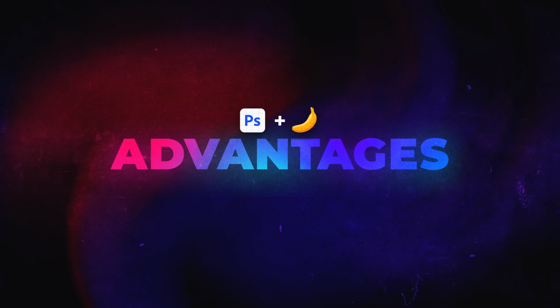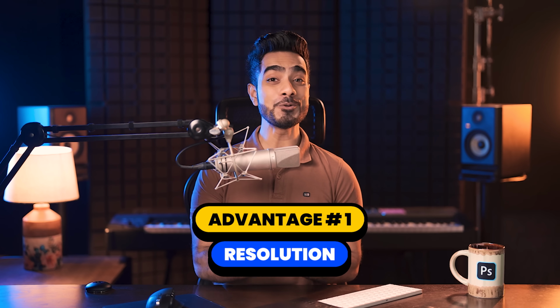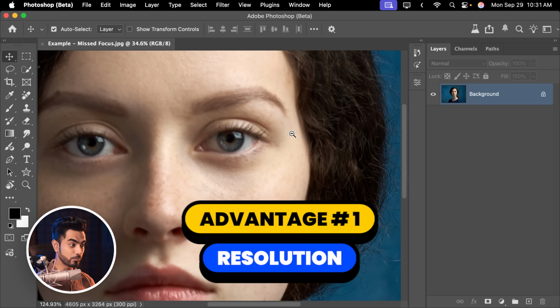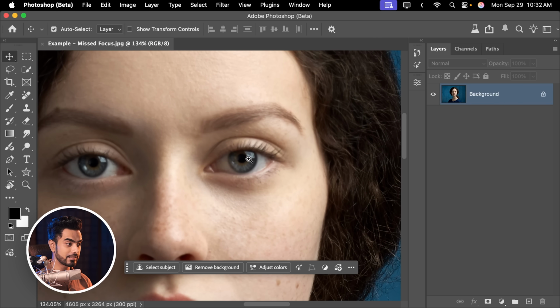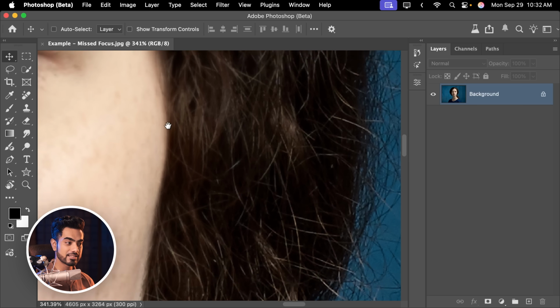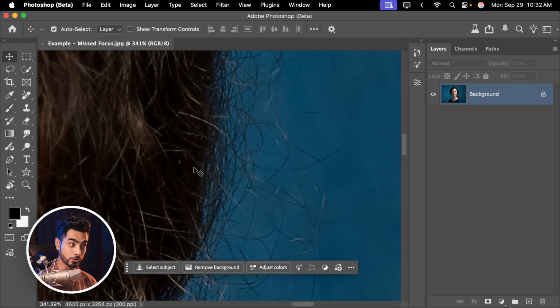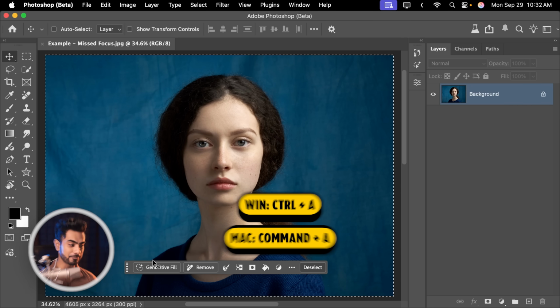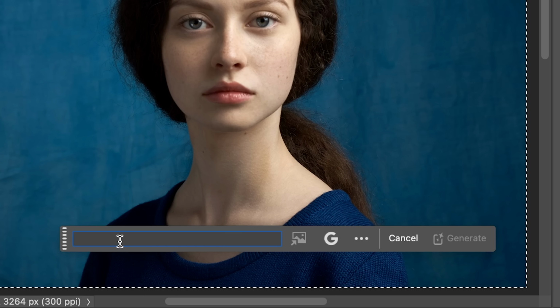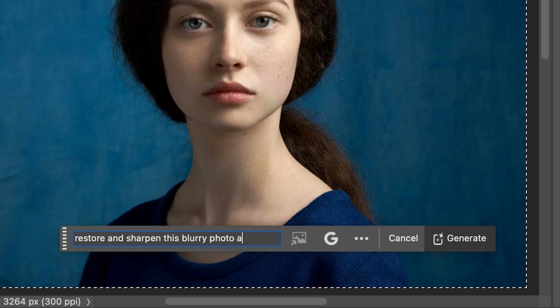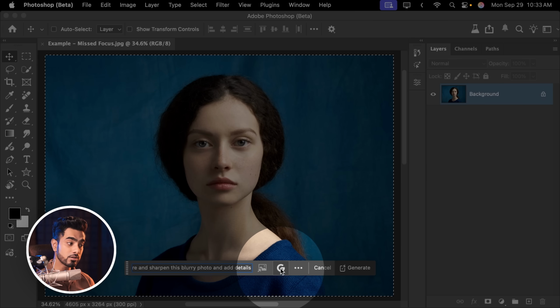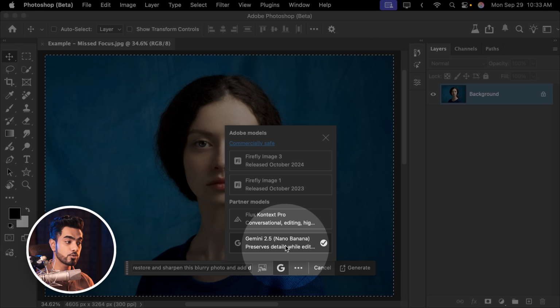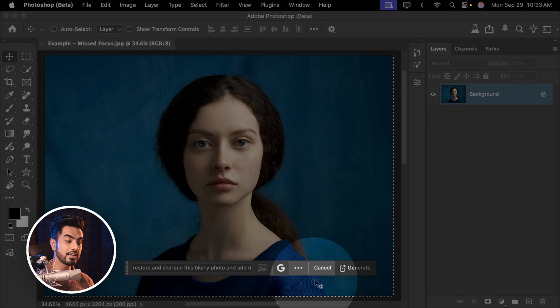Now you can use Nano Banana by itself in platforms like Gemini, but Nano Banana in Photoshop does bring two major advantages. This is an example of missed focus. You can clearly see that the eyes are out of focus, whereas the hair and everything else is in focus. Now you could input the entire image just as you do with Gemini by pressing Ctrl or Command A and selecting everything. Clicking on Generative Fill and typing in restore and sharpen this blurry photo and add details. From the Models menu here, you want to make sure Gemini 2.5 Nano Banana is selected